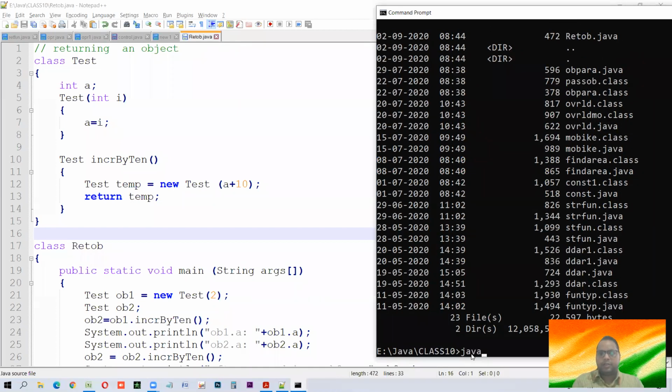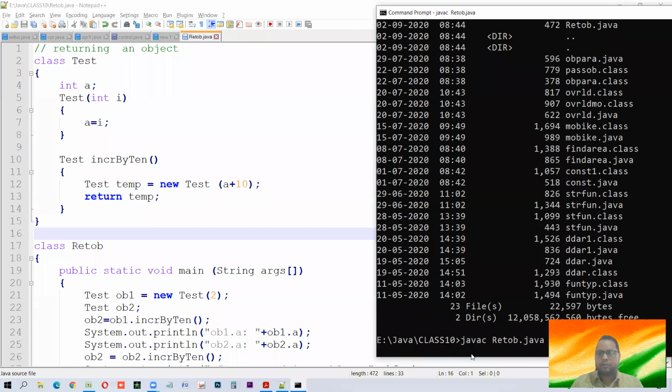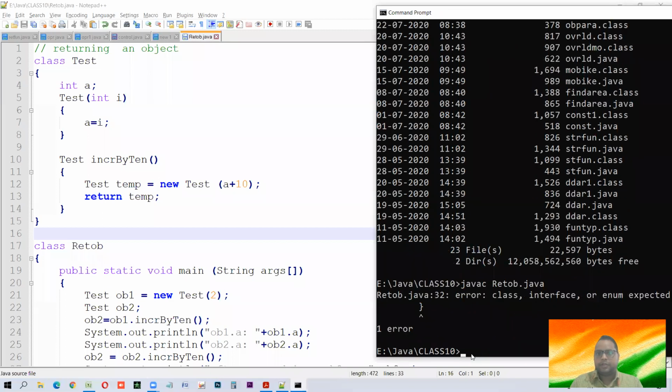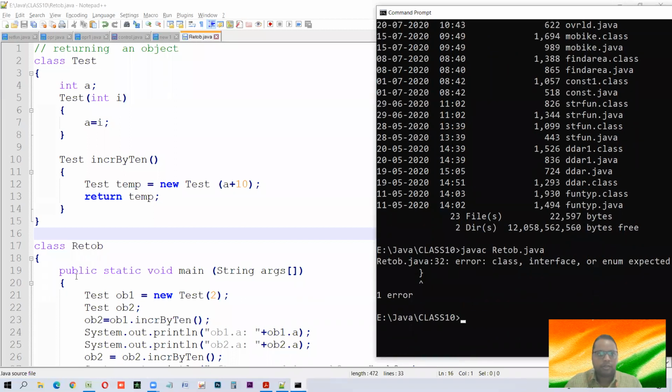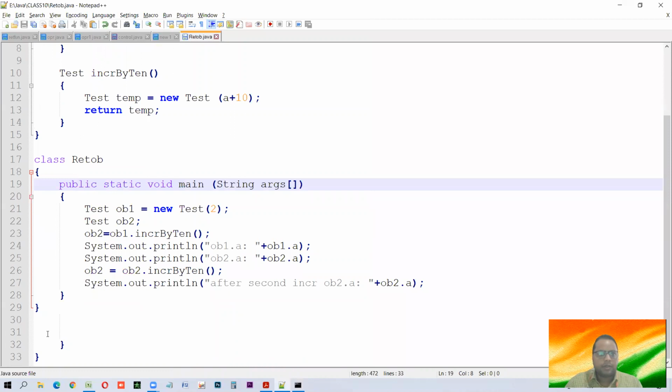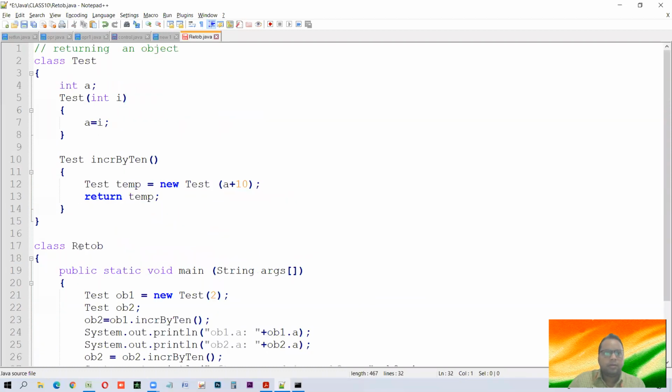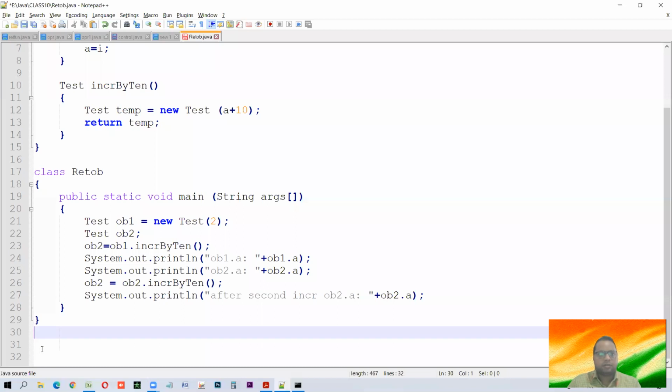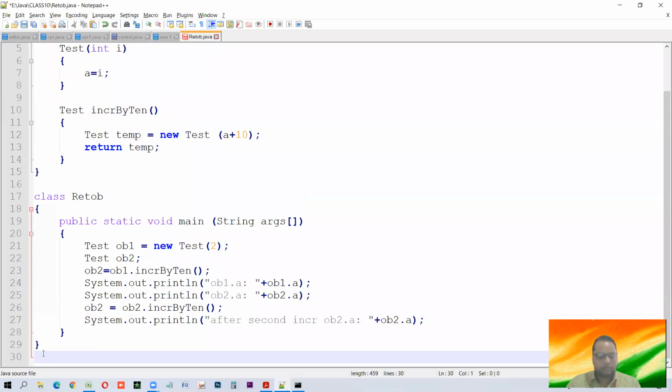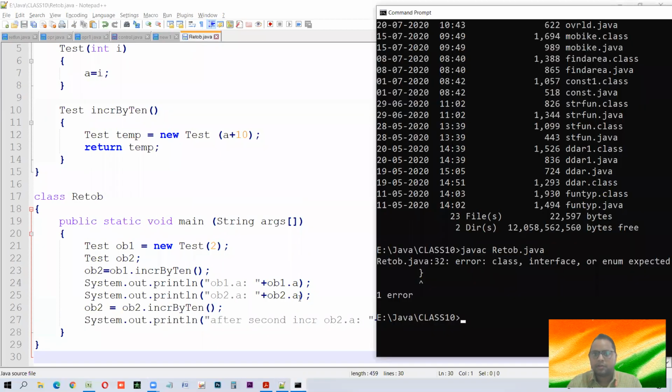Now let us compile it. javac redtop.java. It has one problem, very simple problem maybe. Line number 32. इतना सारा का जगह बंद है. Okay, extra curly braces were there.